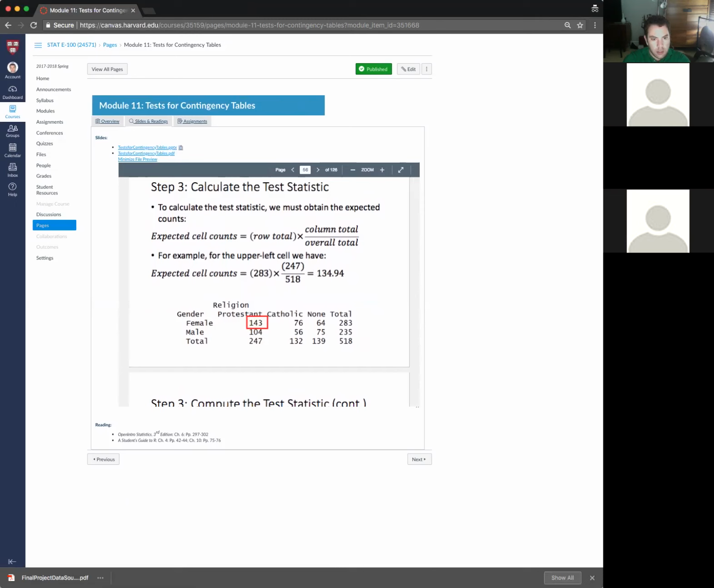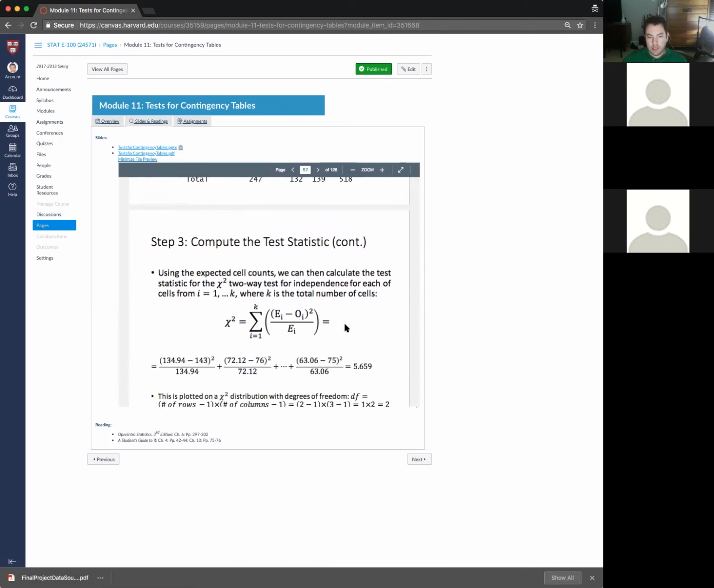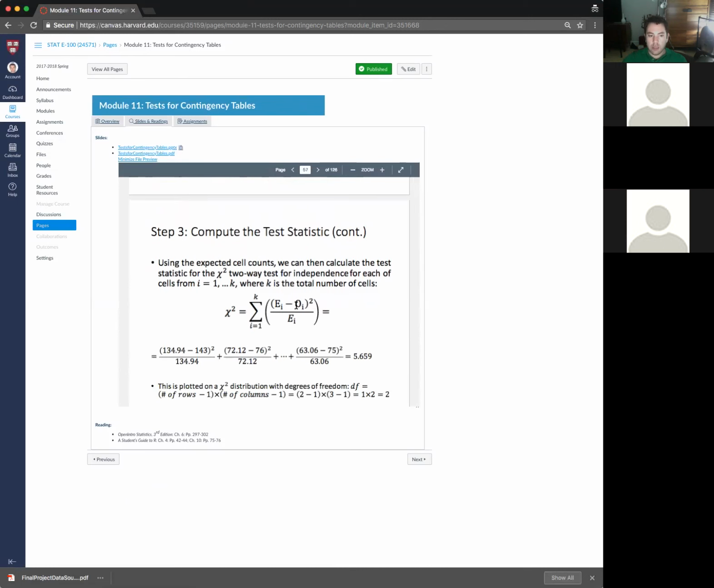$63. So 235 times 139 over 518, 63. Yeah, that's what I got. So hopefully everyone got 63. That's exactly right. So then you'll compute the test statistic, and it's done in the same manner as the previous